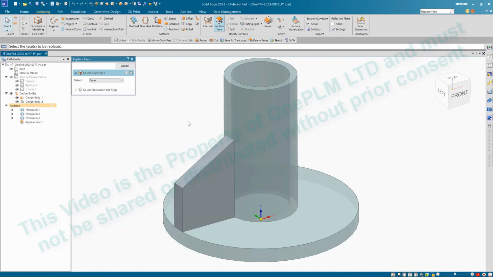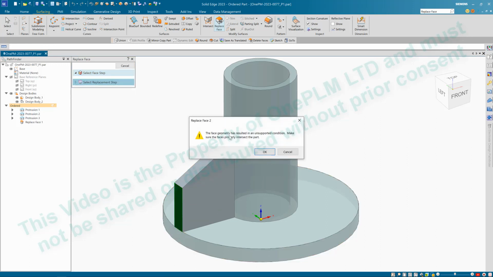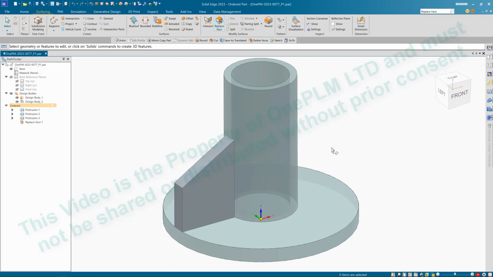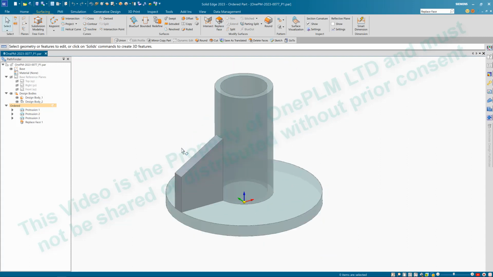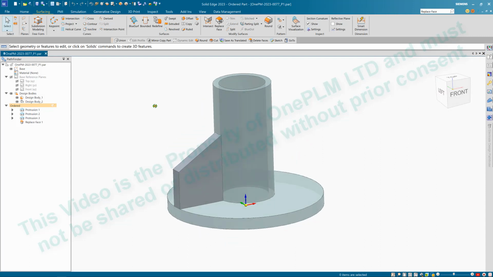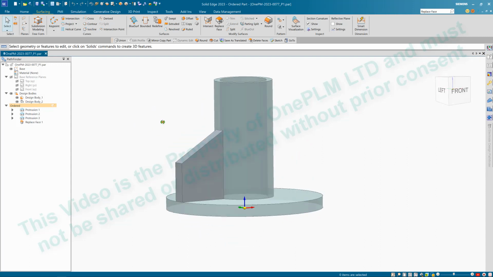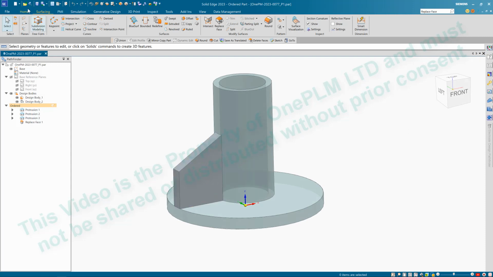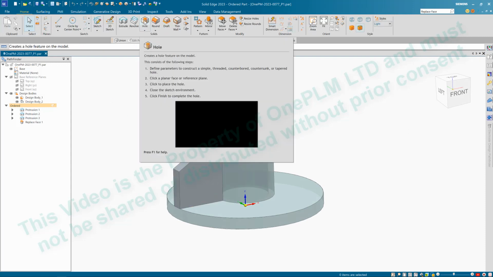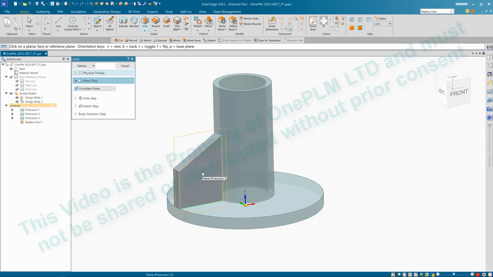If we try replacing the face on here, it's probably going to get an error because it doesn't like it, because it's two different bodies. So what we need to do is think about replacing the face once we've patterned this body around. We want to pattern this body around 3 times. But I'm thinking about the design. I actually want a hole in here, so I'm going to put the hole in first so I can pattern that with it. So if I choose the hole command and click on that face on there,